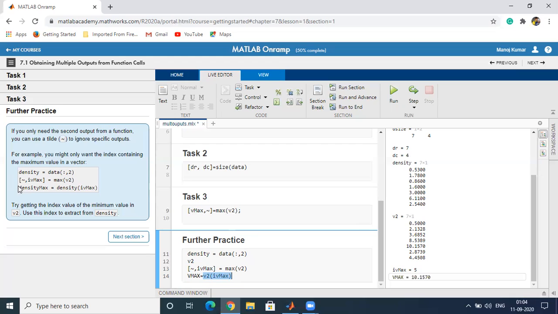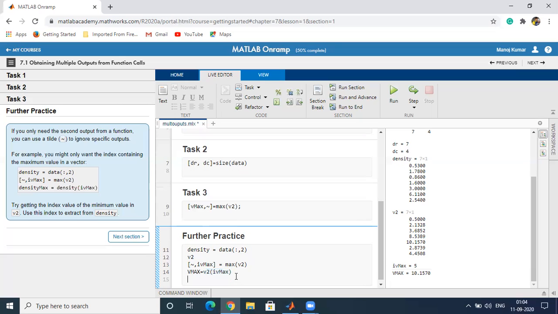The next command is the density max equal to the density IV max. Let's try the copy and paste here. Now you can see the index IV max is fifth. So what will it do? Density at the fifth place. So density at the fifth place is 3. So the density max will be 3.